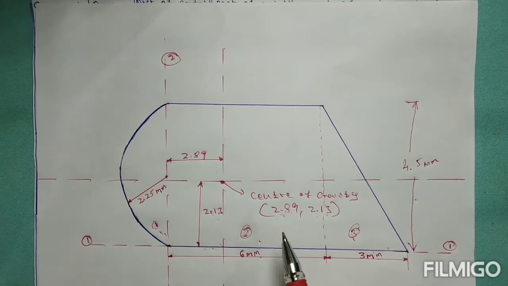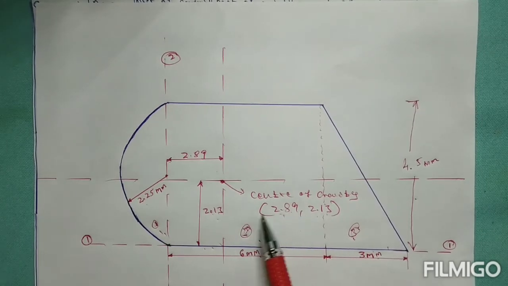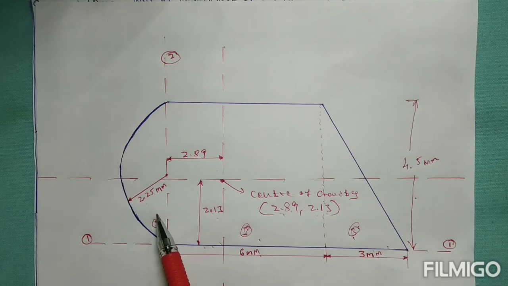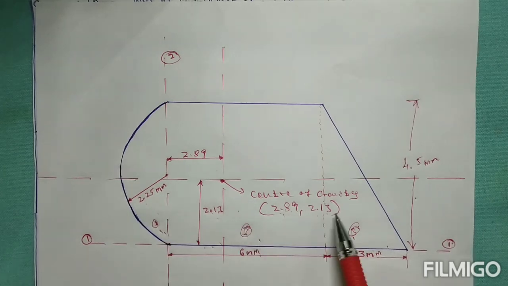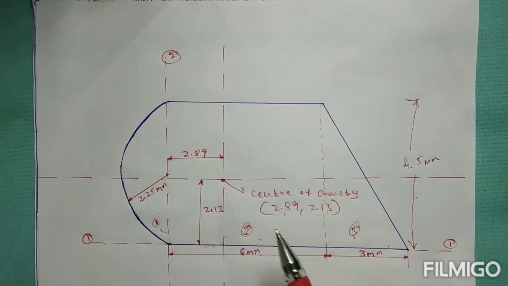So like that you have to find the center of gravity of a composite section. Here the main thing is how to divide the components. That is a very important thing. So in this shape there are 3 components that you have taken: semicircle, rectangular, triangular. Like that we could get different composite sections, and you have to divide them like that. So in the next class we can see another composite section.